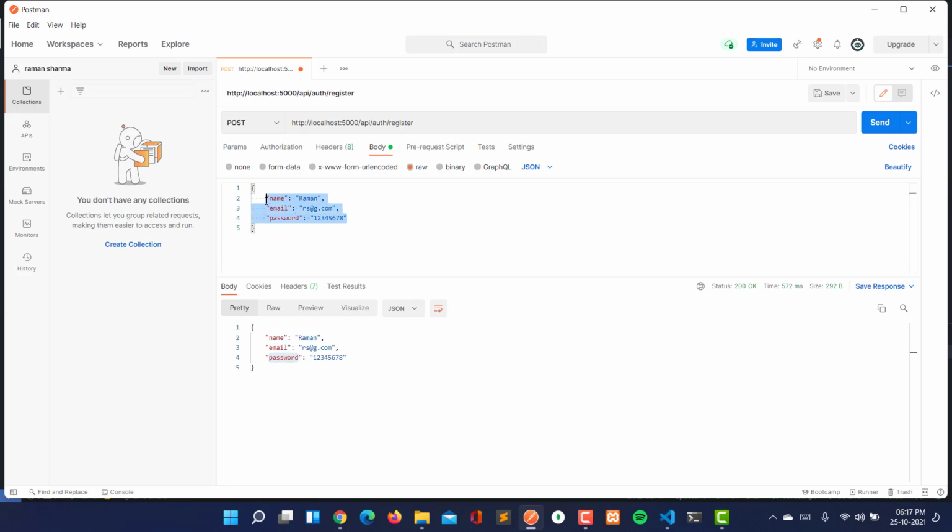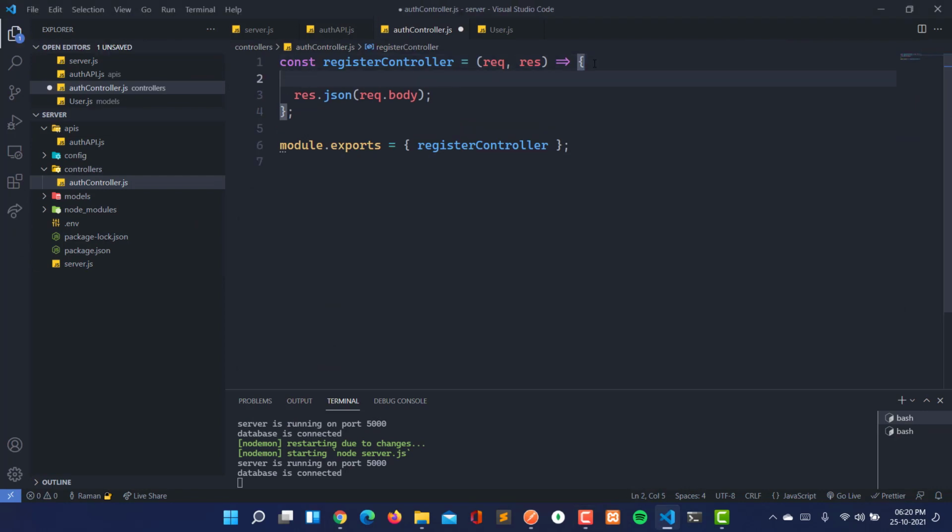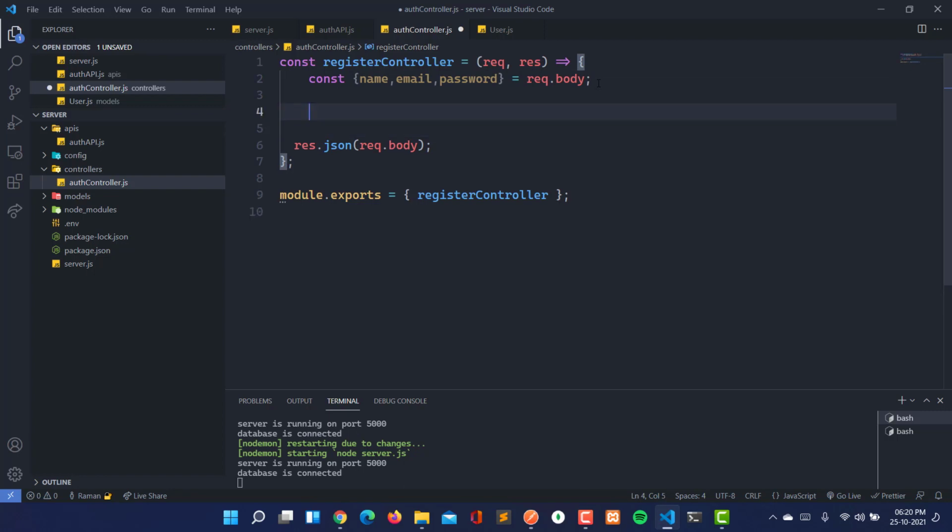So now let's first of all do the validation. Now let's extract name, email and password. So now let's move here. Here we are going to extract name, email and password from the body, so that will be request.body. So we are getting data in the request, and we are getting the body here by applying request.body, and in that we are getting the object, and from the object we are extracting name, email and password. Then we are going to do the validations. I'm not going to use any regex for the password.